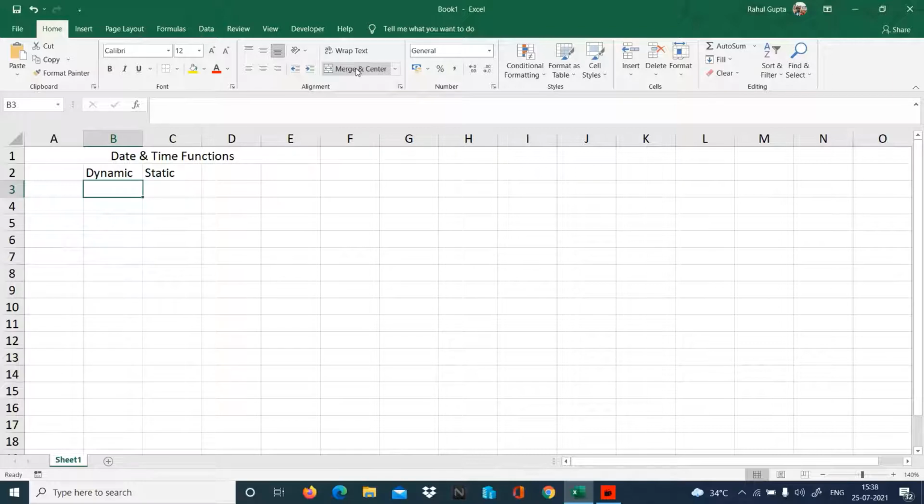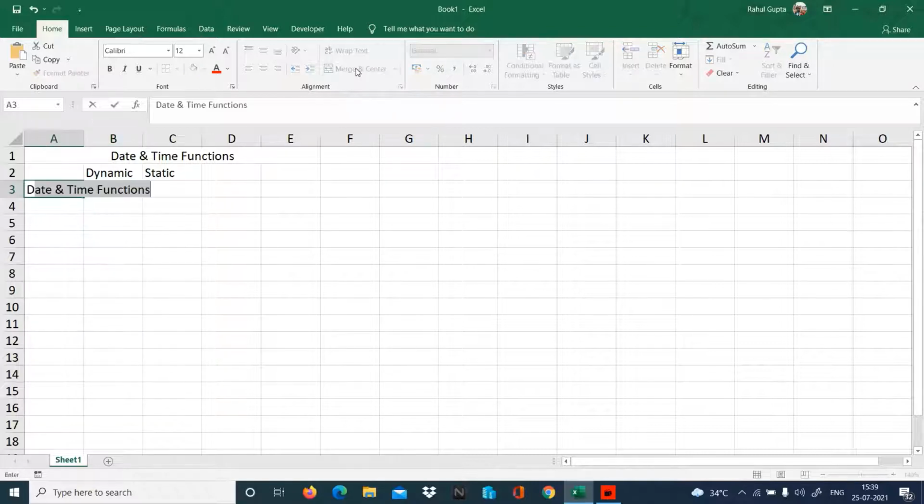We can use it when we are making a bill book in Excel, because the bill has to be cut at a specific time, so we need the dynamic date or time. Static is fixed. For example, I have to mark that I completed this particular sheet on this particular date, so I just require the static one there.